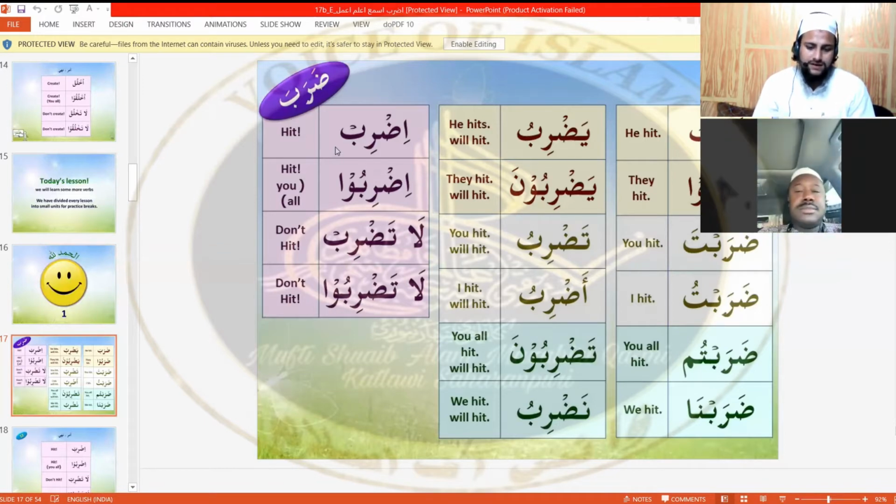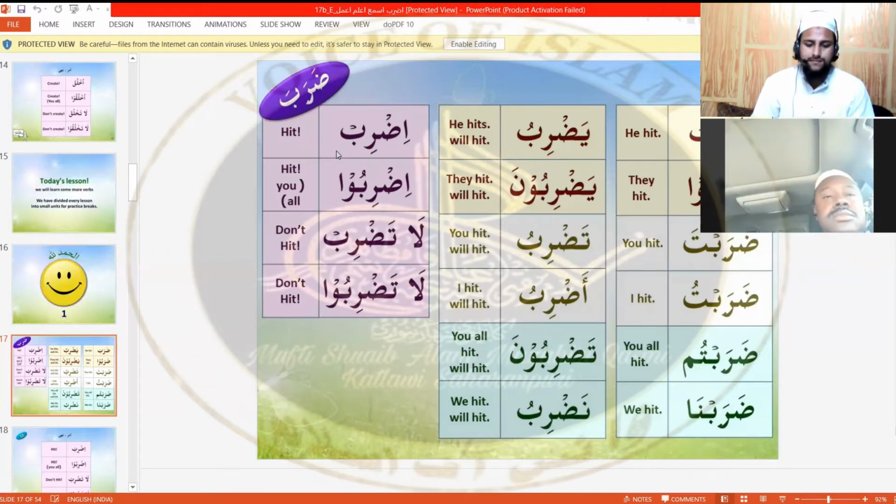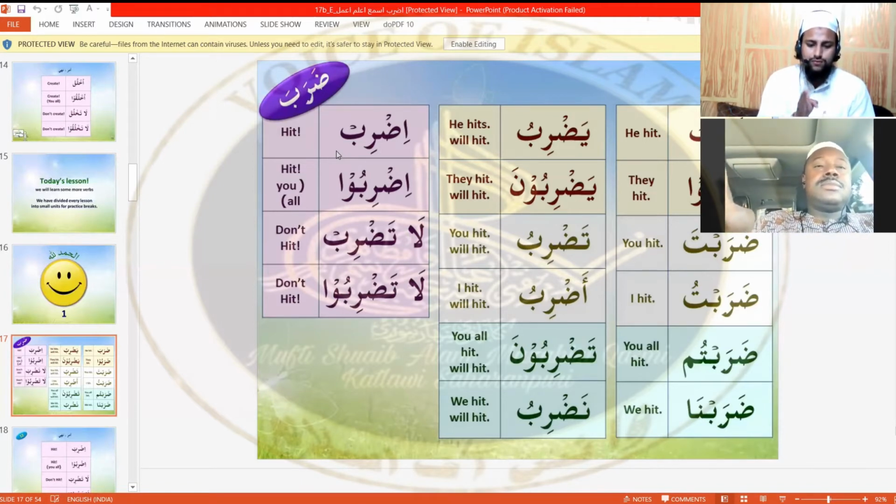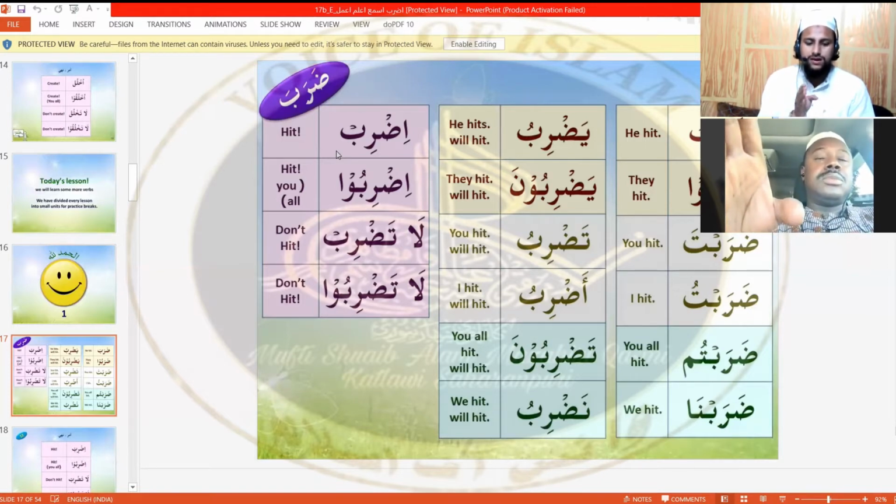Now, imperative, fi'l amr nahy. Amr: idrib, you hit. Idribu, you all hit. La tadrib, don't hit.